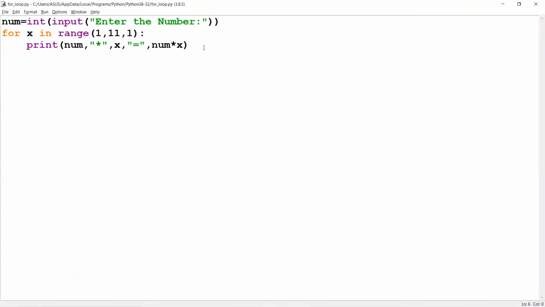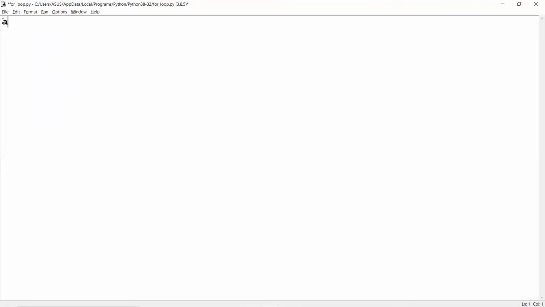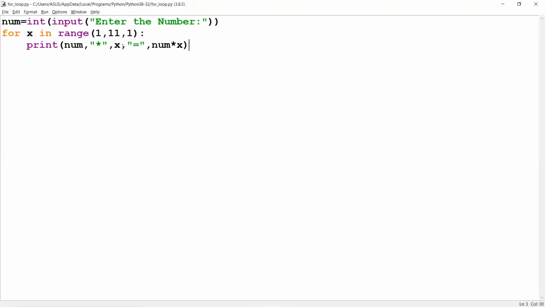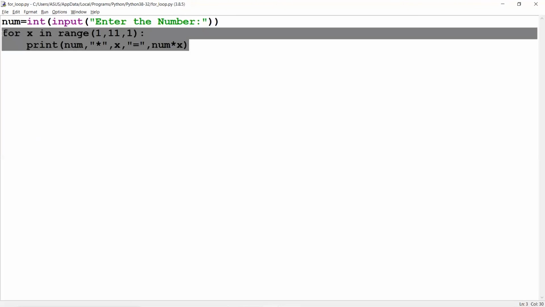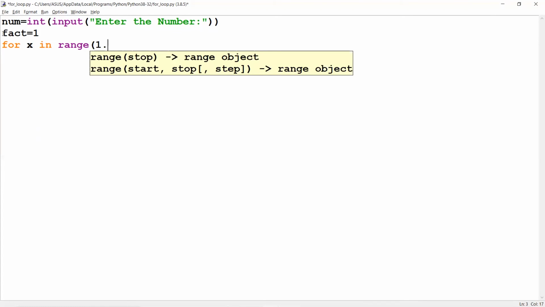Let's take another example for the factorial number. Okay, so how to get the factorial number? So taking the number from the user again. Okay, now this time, we take another variable, which is fact. Okay, guys. Then for x in range from 1 to number